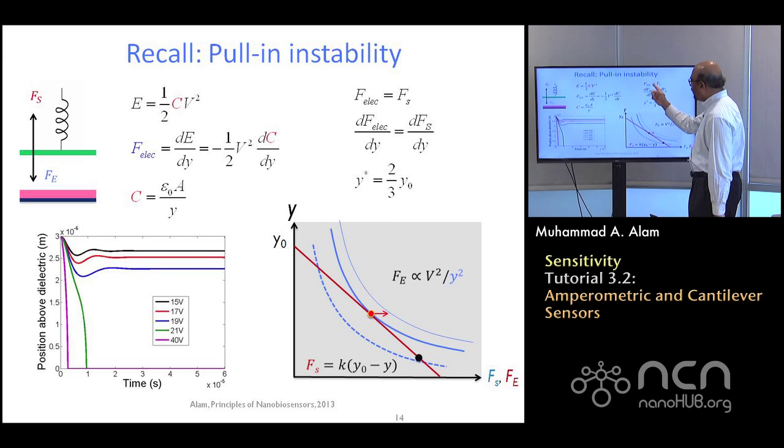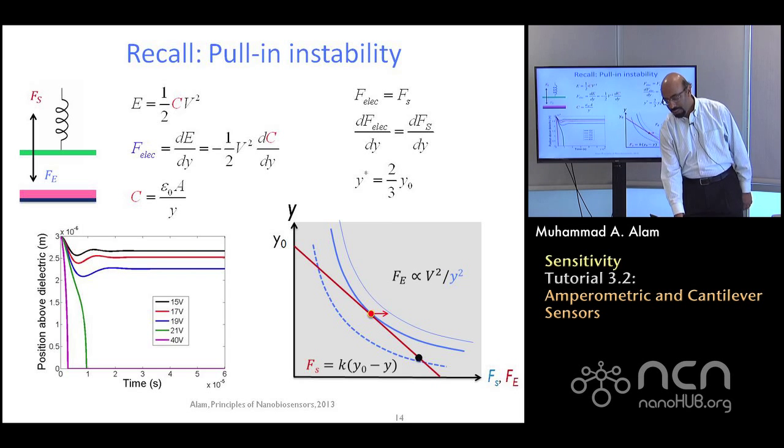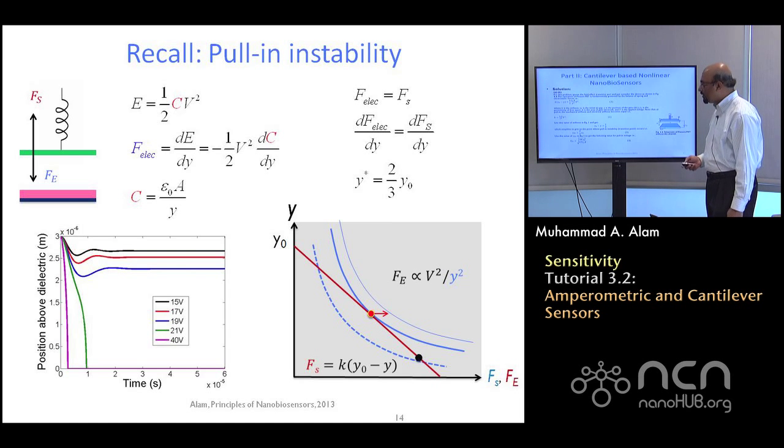The first condition is the force has to be equal. That's fine. That's this curve and the rate curve, there has to be a solution. But at the point of transition, the slope, the tangent of the curve, the slope of this curve also has to be equal to each other. And if you do that, only then, with this additional condition, you will get the critical point. So let me show you how it works.